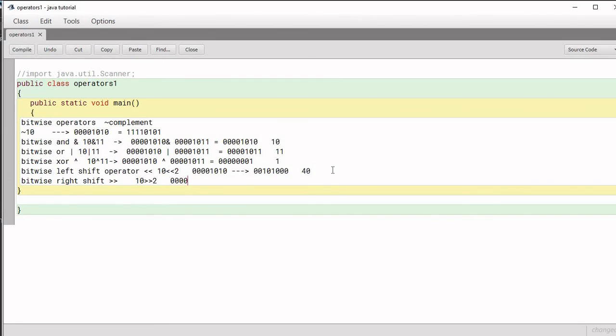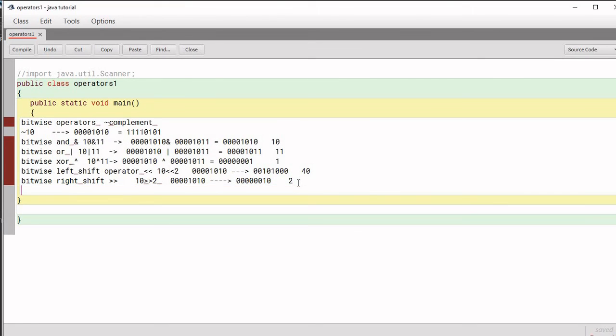Again we are taking the same example, and now you have to shift it towards the right. The bits that are shifted towards the right will be lost, so this one will get lost. The remaining empty positions will be filled with 0. So it will be like this, and 1 0. So the answer is 2. It is equivalent to dividing by 2. So 10, if you divide it once, gives you 5. Then if you divide 5 by 2, you get 2 as the quotient. So the answer here is 2.